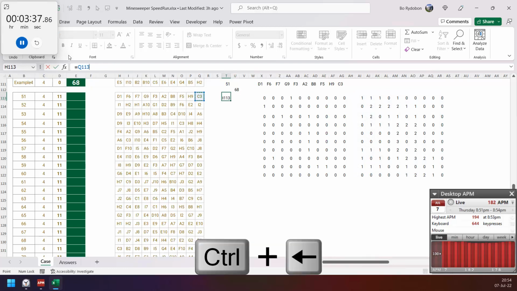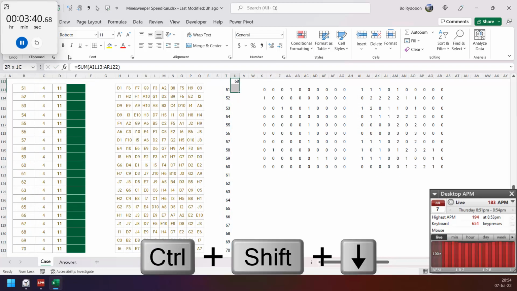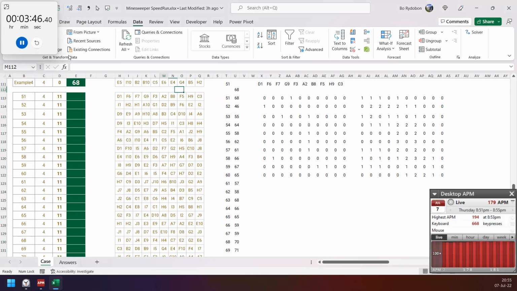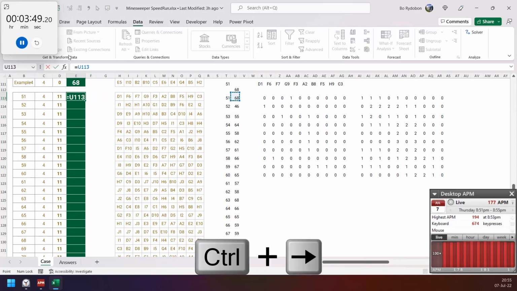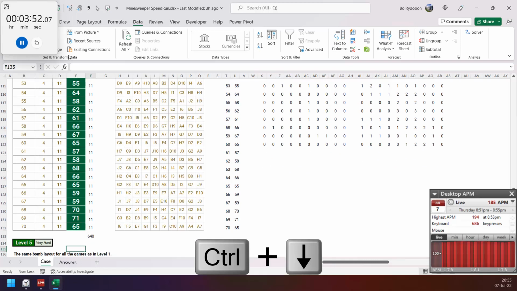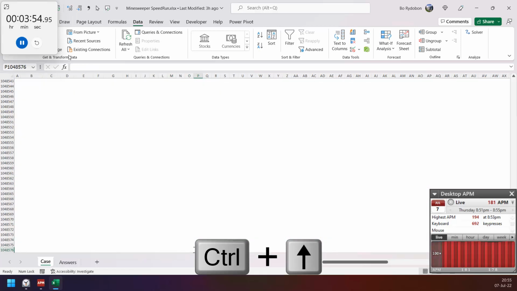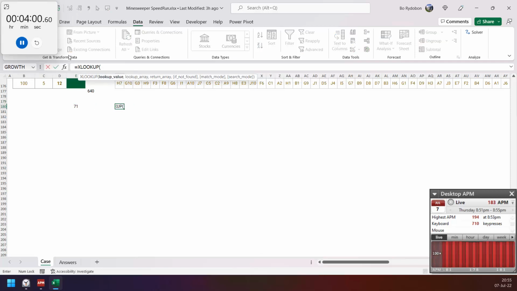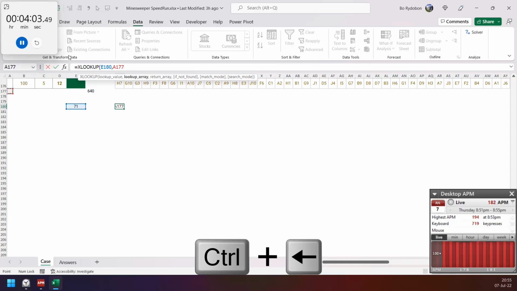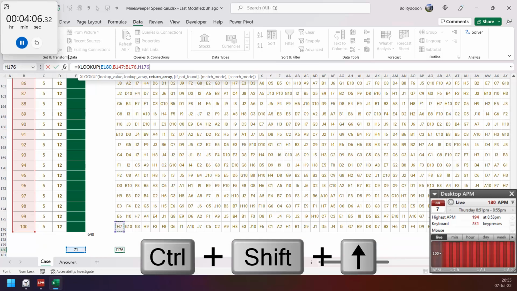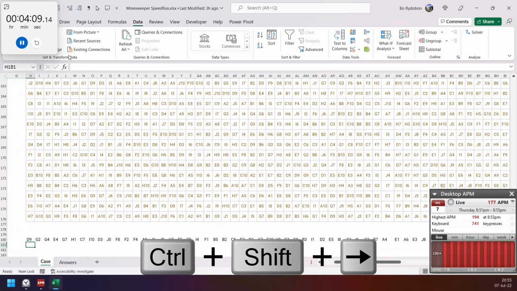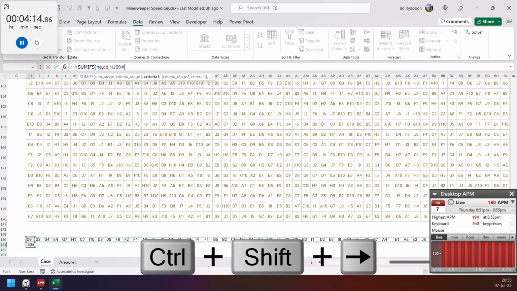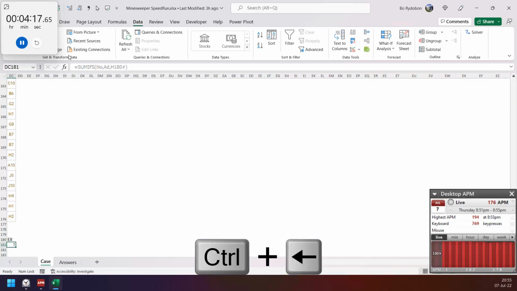Then I use a data table, so I need to create this one. Change this cell, then okay. Next is the hardest one, so start from this one, XLOOKUP to return me the turn. Next is SUMIF of the number of bombs on that address, so -1 is the bomb.